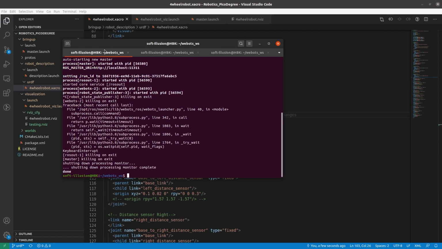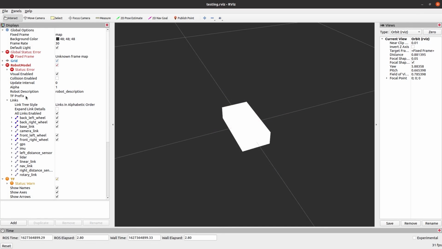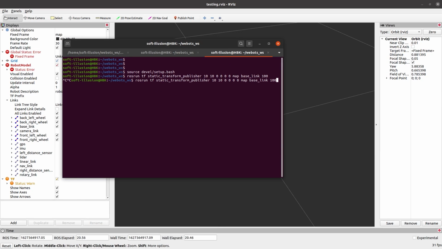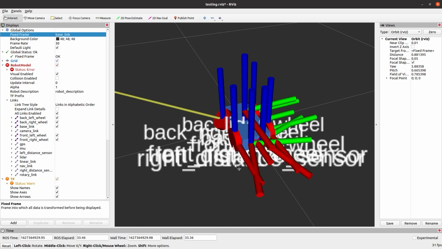Now when we launch our master.launch, it says it's an unknown frame again. Now we can go ahead and publish a transform for the base link. And let's change the fixed frame to base link.